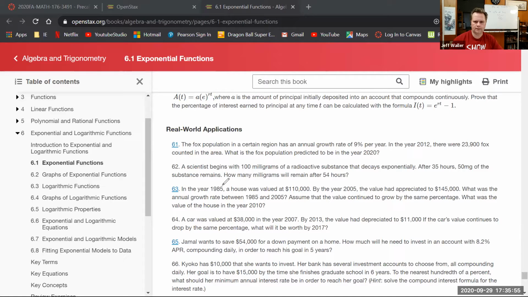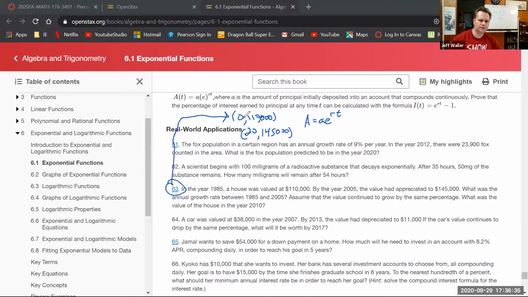So here's my problem, 63. Got my 2 points, 0, 110,000. There you go, buddy. This pen, I swear to God. And then 2005, which we figured out was 20 years after 85, 145,000. Right? And I've got my formula. They use a little a here for some reason. But I know what the little a is going to be, maybe,